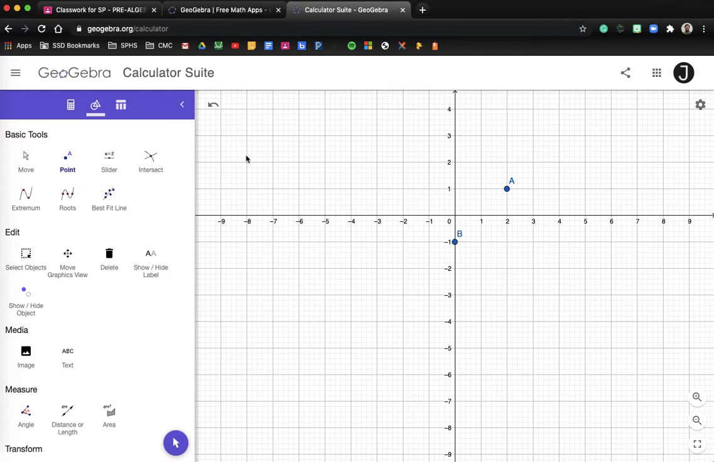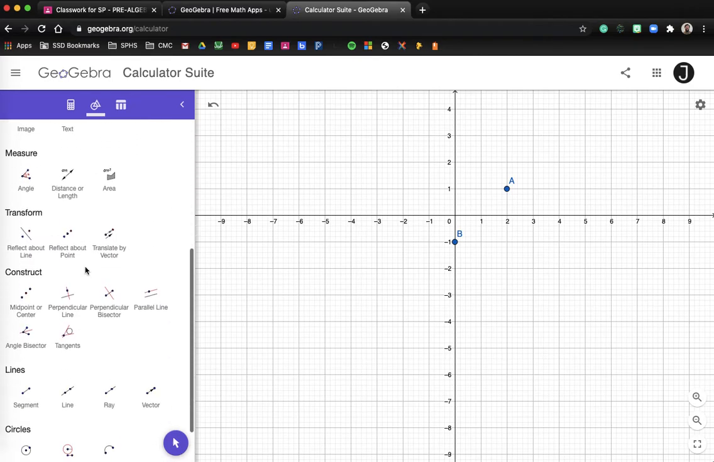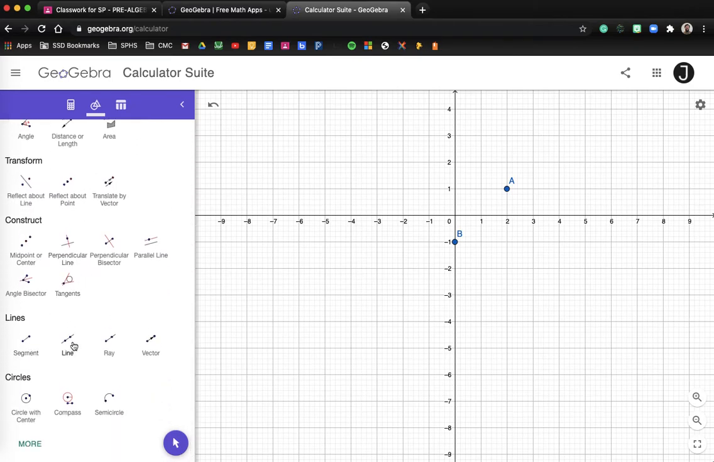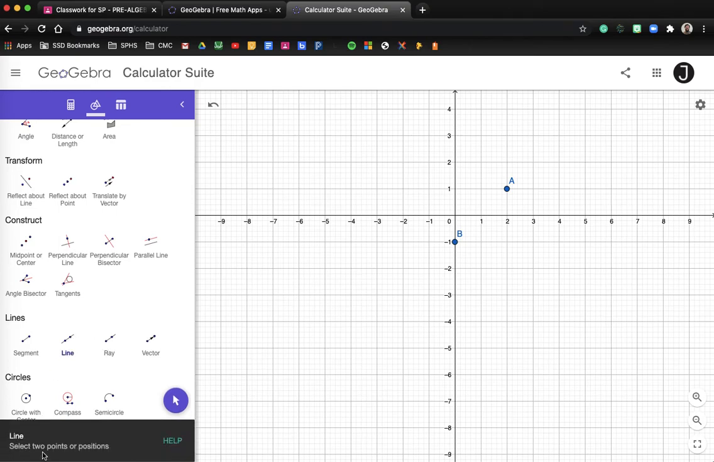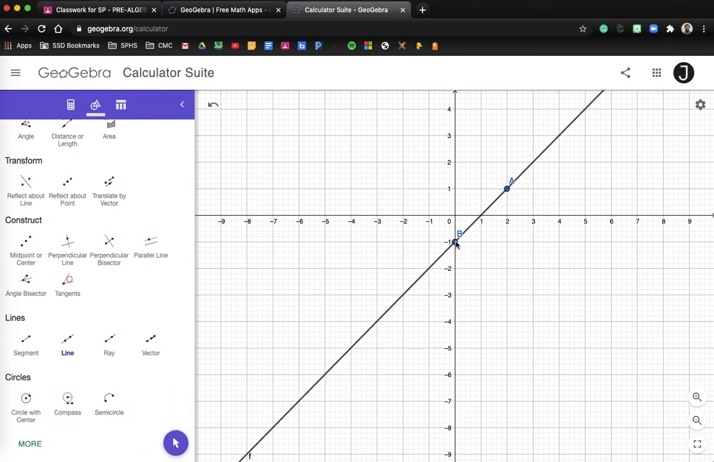The next thing I want to do is go back to my move button. Or not, let's not do that. Let's go down to our line button, and we're going to create a line that goes through these 2 points. You need 2 points to make a line. When I click on line, notice how it says select 2 points or positions. I'm just going to select point A and then click on point B, and then I have